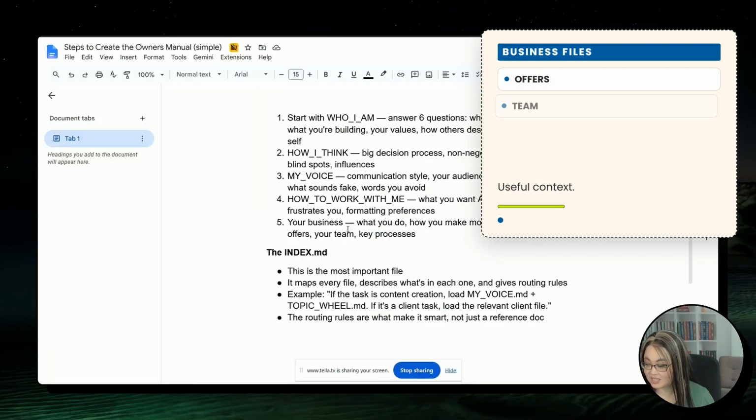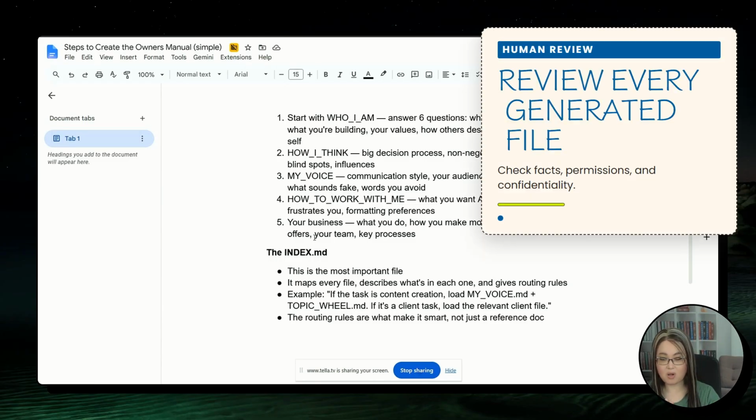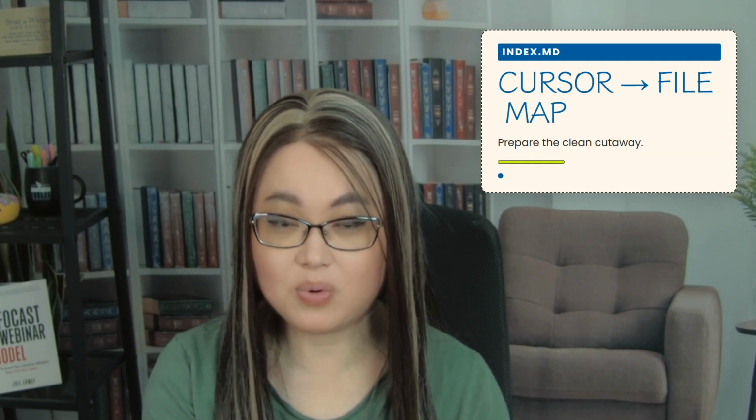And then finally, inside of your business, what I showed you, the different submenus and the subfolders in there, you can put in here what you do, how you make money, what your current offers are, even all about your team. As you're creating SOPs, you can just put them all in there as well. I would recommend that you run everything through some type of AI so that it can get put into a